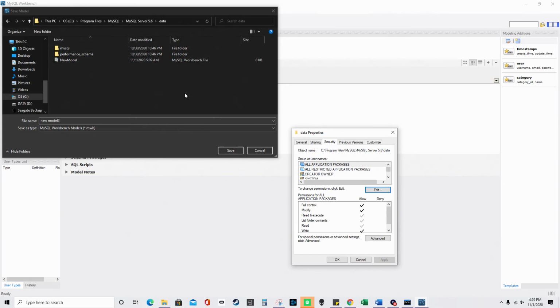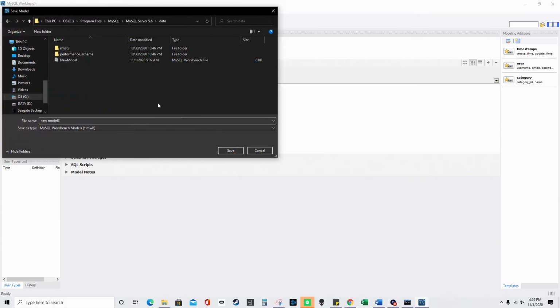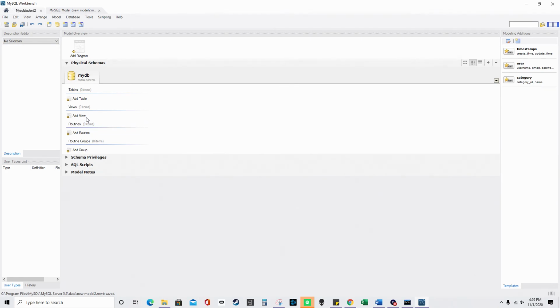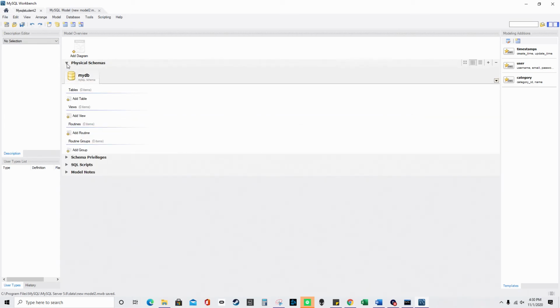And then I think if you basically go to properties, so save. So yeah, I just saved this model there. So now whenever I make changes, I click Save Model. So models are basically another way you could create tables, create views, and you have these 4 different working areas. Create users, add user, simpler way to create users. You could add SQL scripts, which is a much faster way to get everything done, which I'll go into more in my next video. But for now, I'm just going to show you the basic